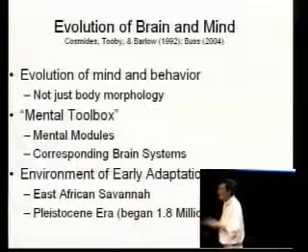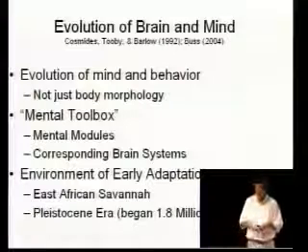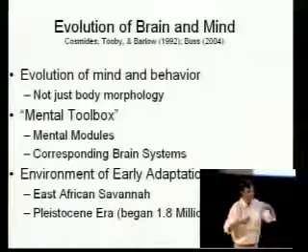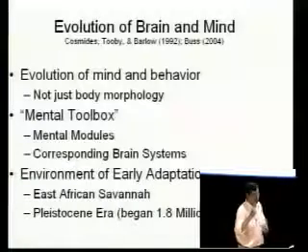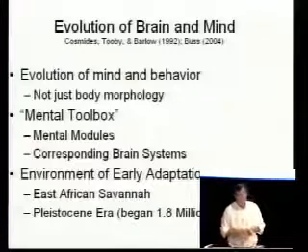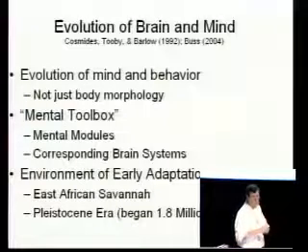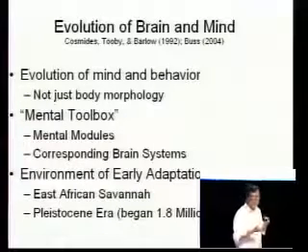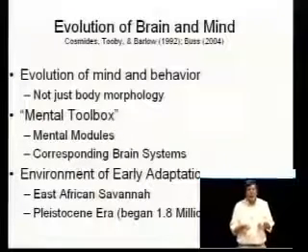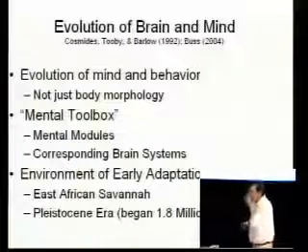Usually we think about evolution as operating on body morphology, on the appearance of the body. Fish evolve fins, mammals evolve arms and legs, birds evolve wings, Darwin's finches evolve different kinds of beaks depending on the island in the Galapagos chain that they live on. But it turns out that evolution doesn't just shape the body. Evolution also shapes the brain, and evolution also shapes mind and behavior.